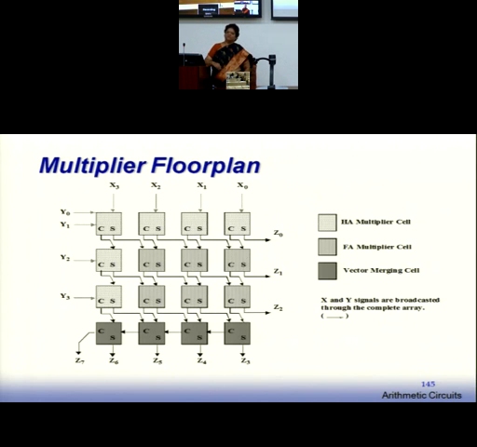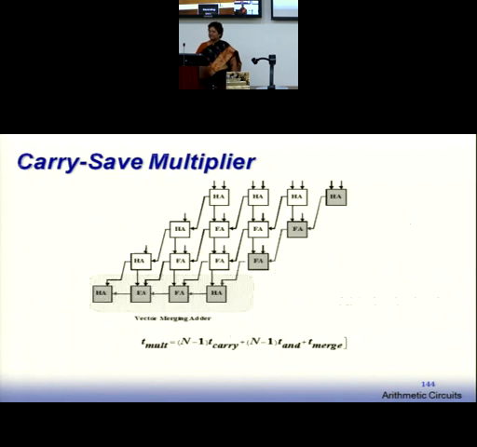what is the meaning of this multiplier? Can you see here, your multiplier is shifting. It is not a square layout. It will not lead to a square layout. Assuming every full adder is a block, as a square block, you are designing one full adder, then you are replicating it. So you will have a layout which will not be square in shape.